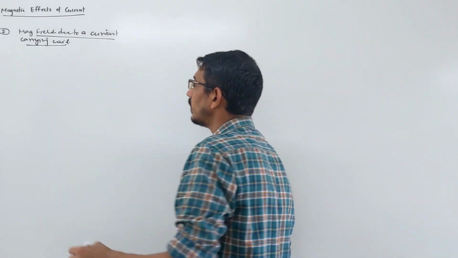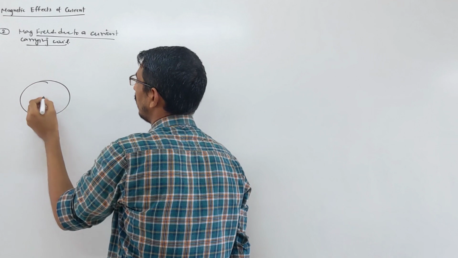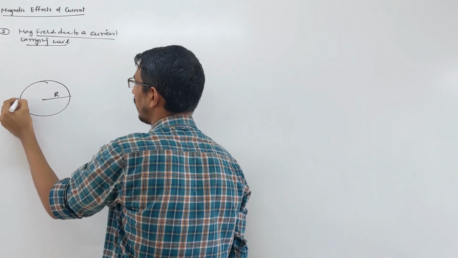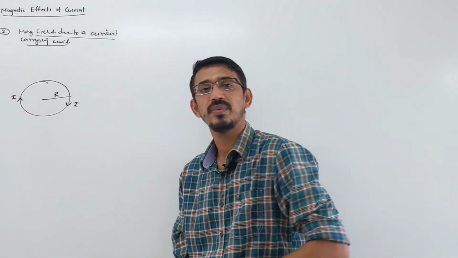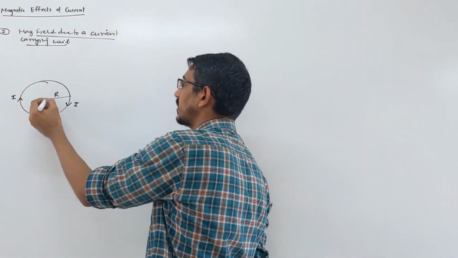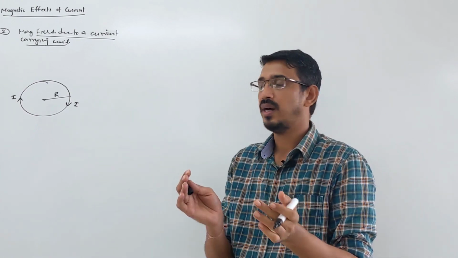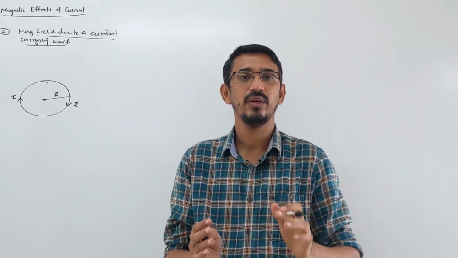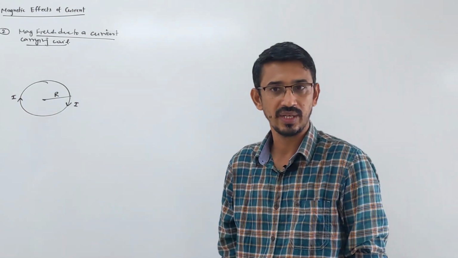So you have a circular coil like this of radius r. Some current is flowing through this, and we are interested in knowing what the magnetic field is at the center of this coil, at some axial point, and for a half ring, a quarter of the ring, or any sector of this ring or coil that is given to you. We have to find the net magnetic field.